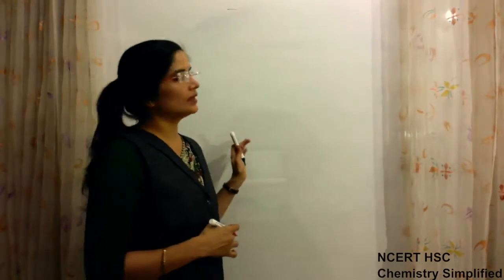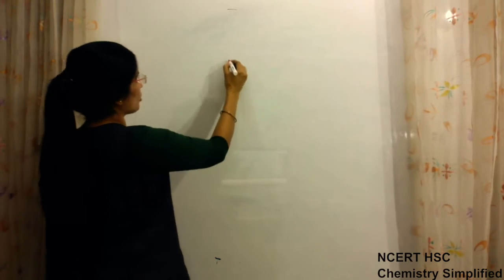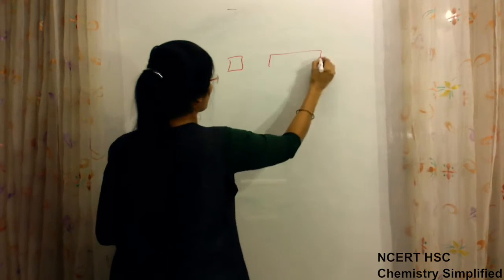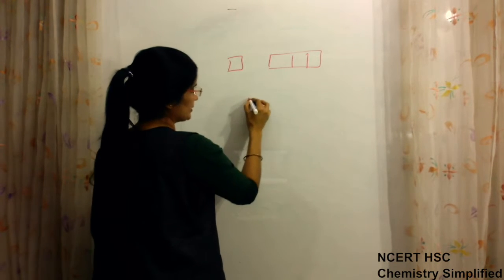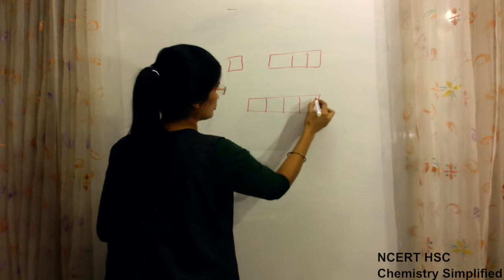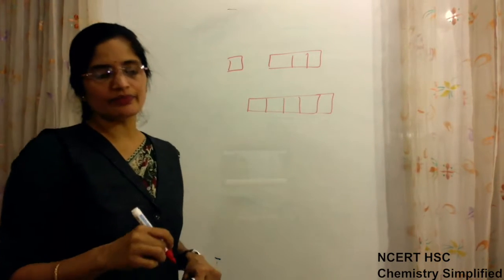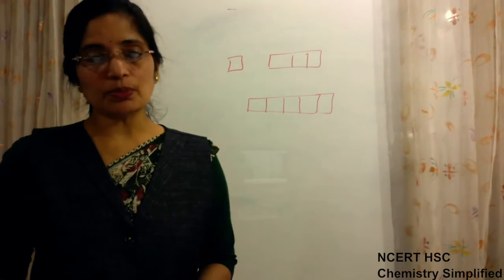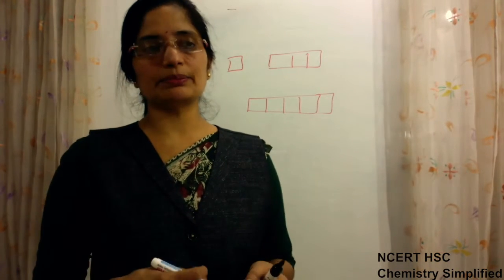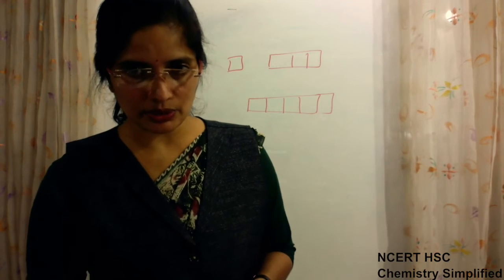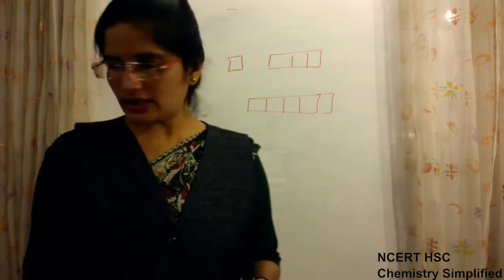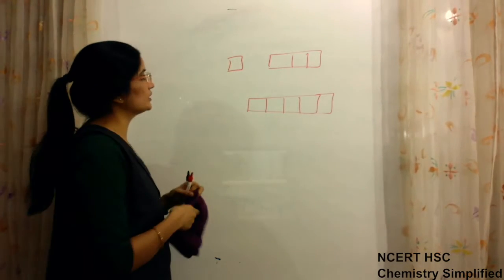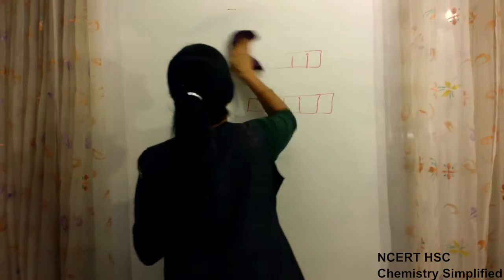See, when we make atomic orbitals or when we do filling, what we always do is make boxes. Like this for s. For p, we make 3 orbitals in the p subshell. For d, we make 5: 1, 2, 3, 4 and 5. But actually, these atomic orbitals are not boxes. We represent them as boxes to understand it in an easy way. But the actual shape of these orbitals is something different. So we will talk today about the shape of these orbitals.